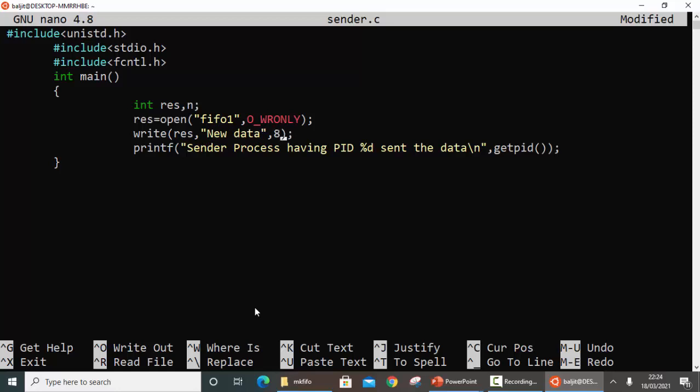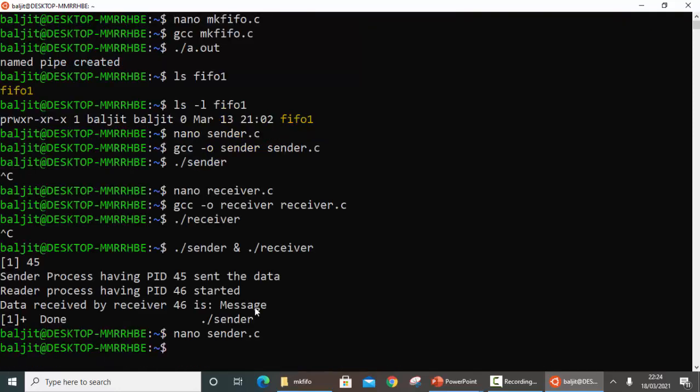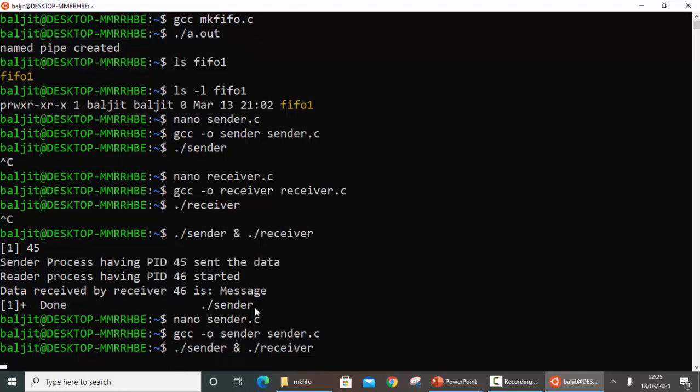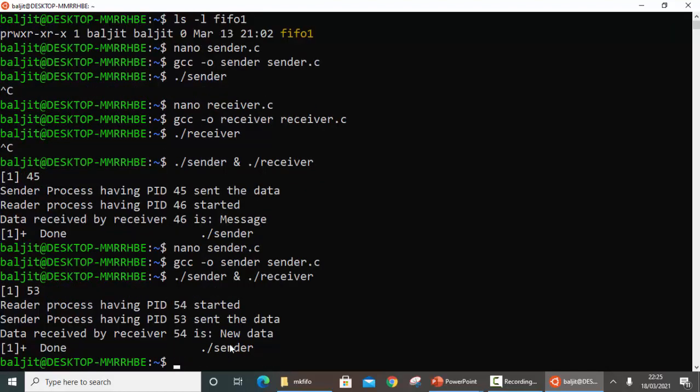Alright, I'm not going to change anything in the receiver part, okay, because the receiver is going to read from the pipe. So recompile the sender part, rerun both of them together, and you can see the data received is now new data.